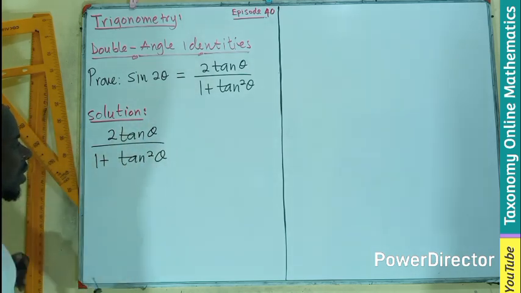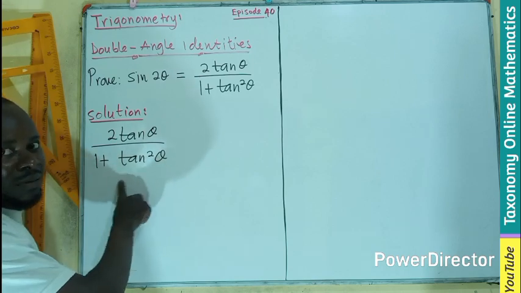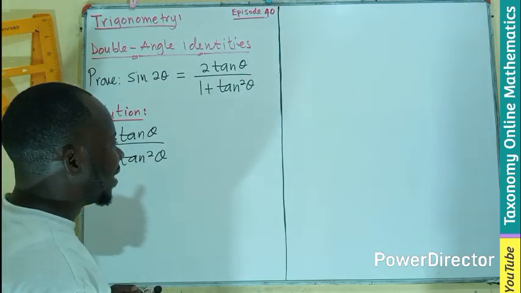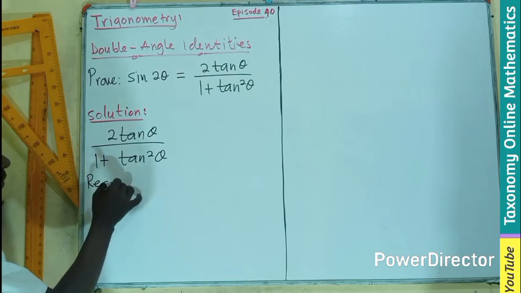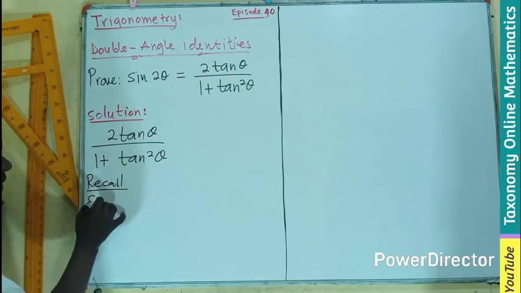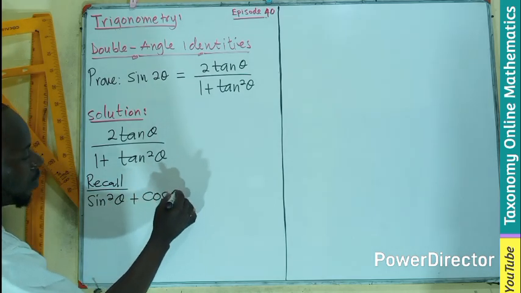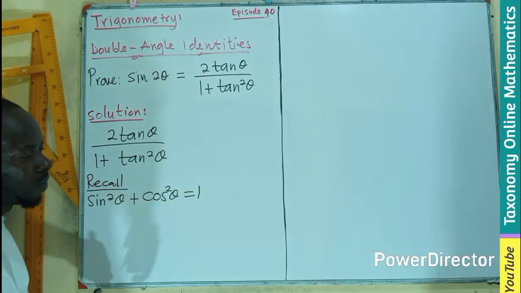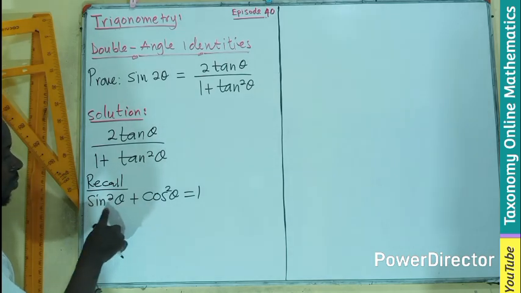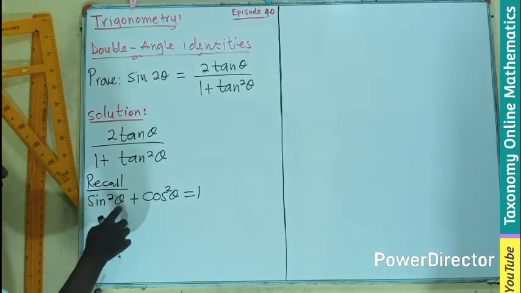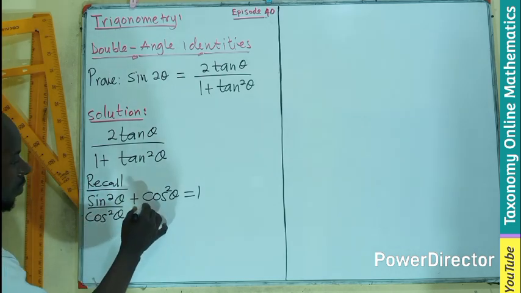Tan square what? Theta. Now, if you look at this denominator carefully, if you remember the identities that we did, let me see, recall, we have sine square theta plus cos square what? Theta equals 1. So now if I divide this by cos square theta,